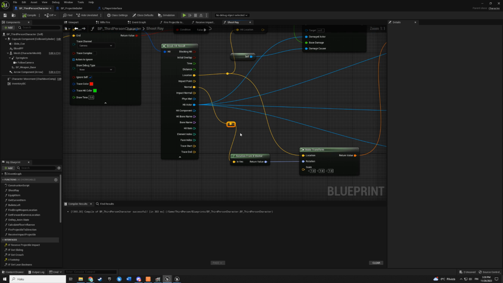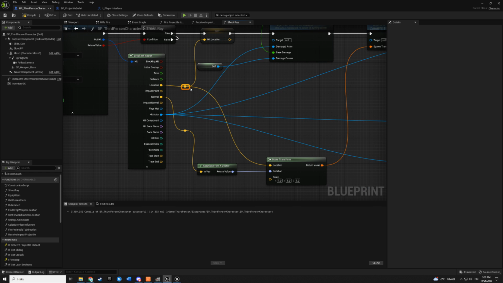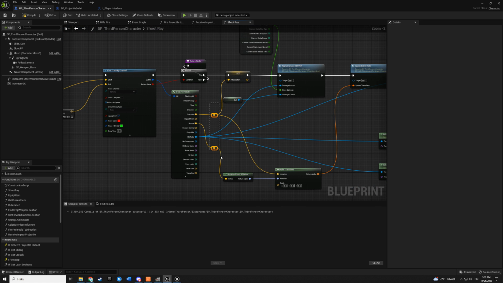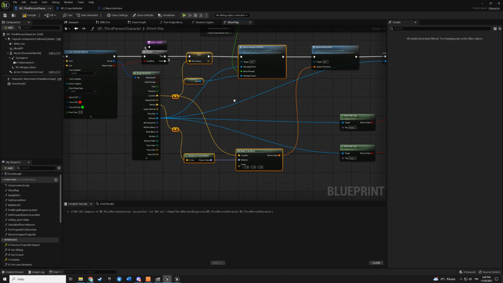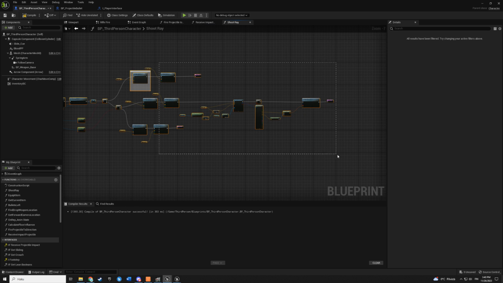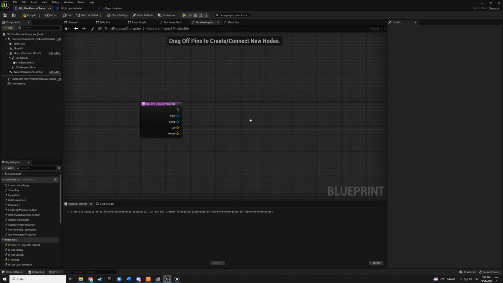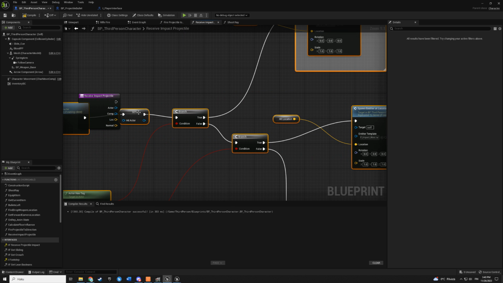So I made these, but you can make it easier by double pressing this and then make this that goes both here, and then you can copy all these, and receive impact. We paste those here.